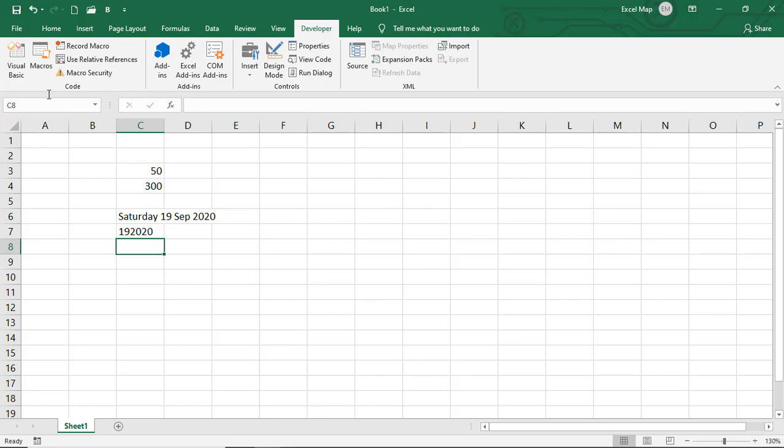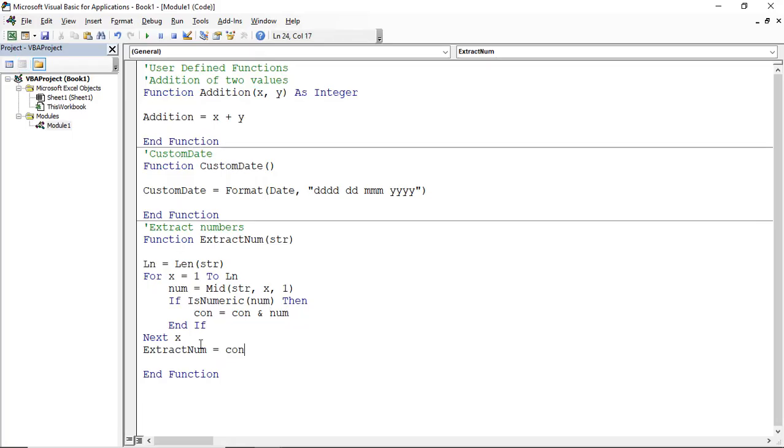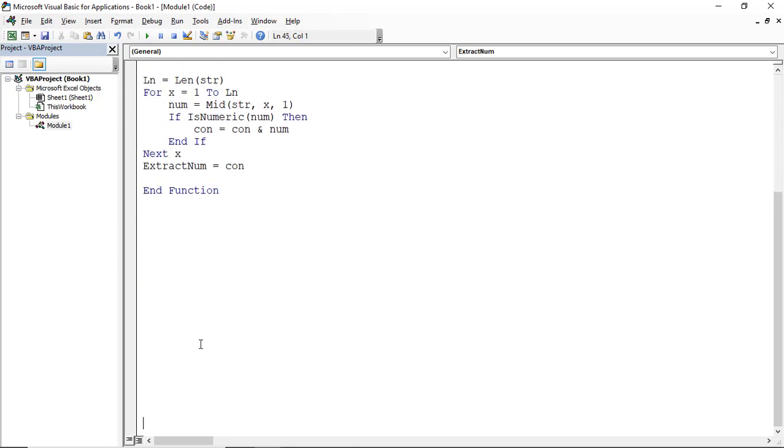So friends, in this same way we'll do extract text also. Just we'll take only text. See here, extract text. See, you can write in different ways. In the Excel also, a formula you can do in different ways. So here also I am using just one way, and if you want you can do it in other ways also. Function